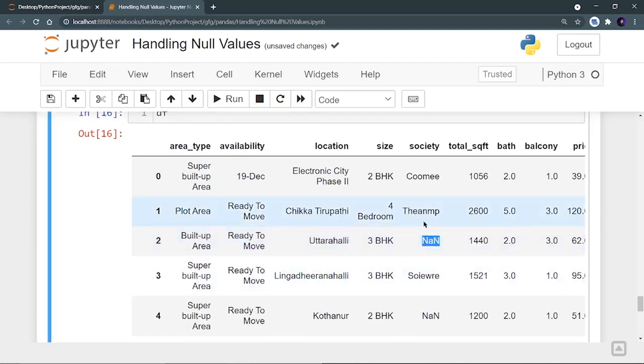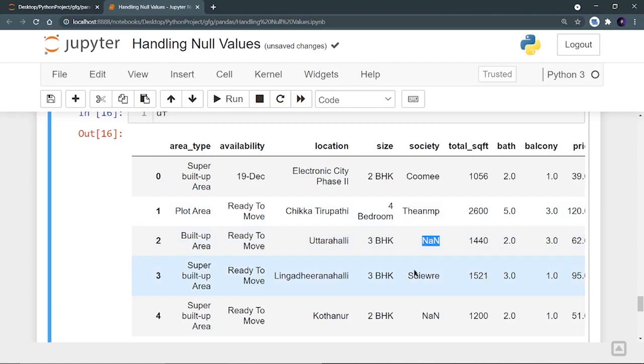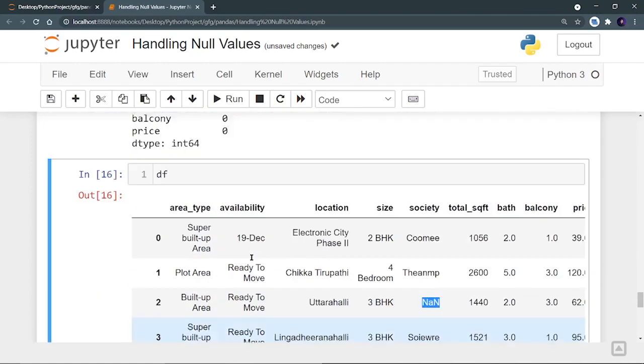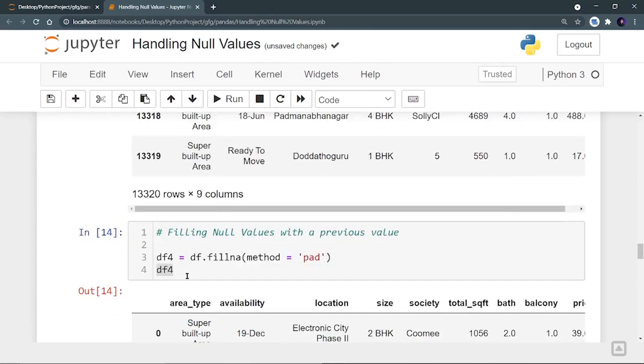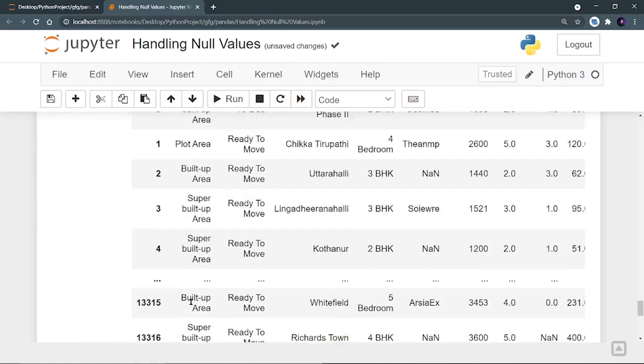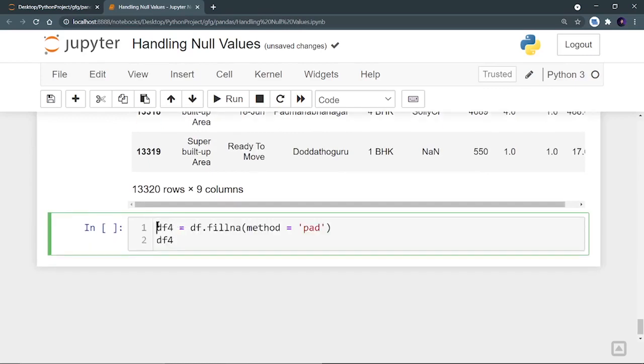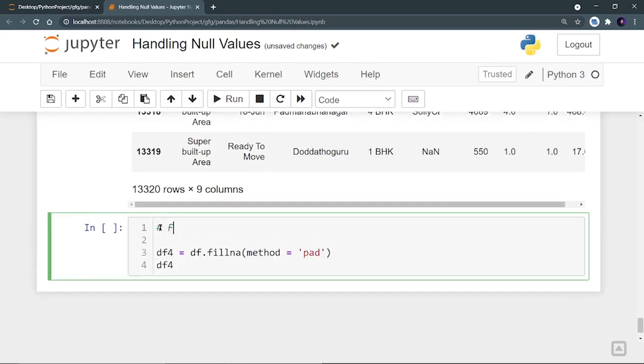Now we have seen how we can fill these null values with the previous value. Now I want to fill this null value with the coming value, or the next value row wise, right? So I want the next row value to be printed over here. Let's copy the same thing, let's paste it over here. Now my topic is filling null values with the next value, right?